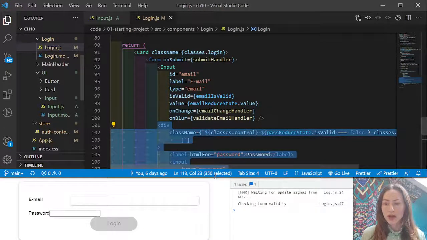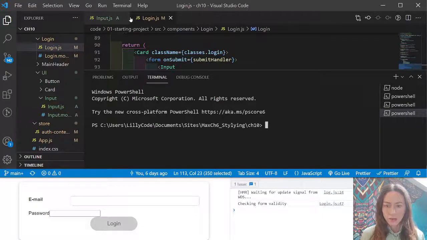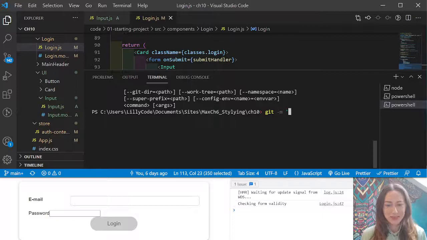So we have now done that for our email. We've created this reusable component, so I'm going to commit, which I already started doing, and then I started waffling on. So we'll just say created